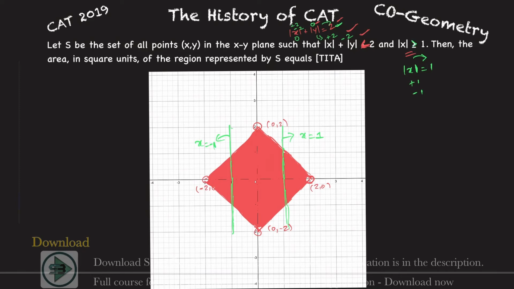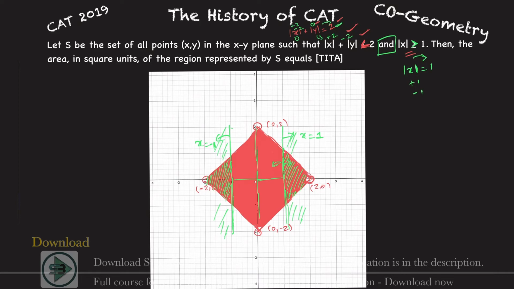This is greater than 1. Greater than 1 means I am talking about the region which is x. Here will be x less than 1, right? 0.1, 0.2, everything right here will be less than 1, and here if I go, it will be greater than 1. So I am talking about this region which is common to both of them, because x greater than 1 will be any region which is outside here. But I need a region which is common to both the red and the green part. So this is the region which is common to both of them.